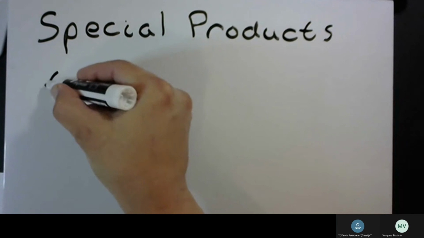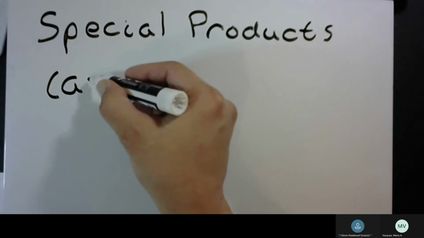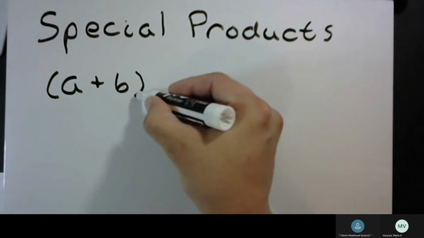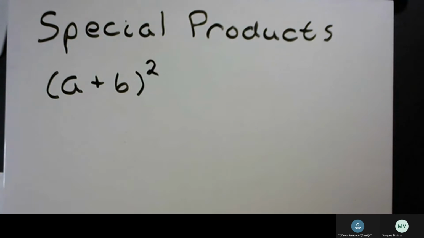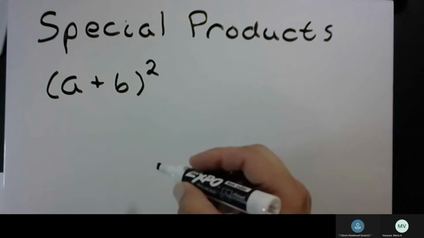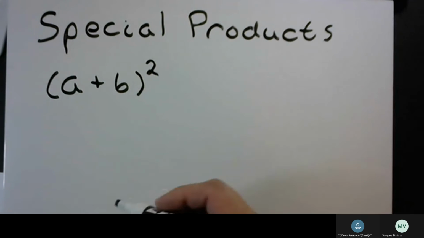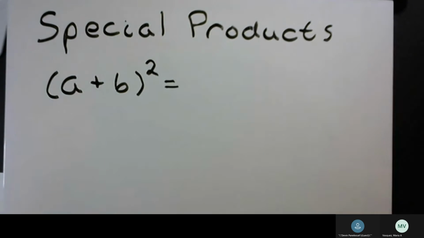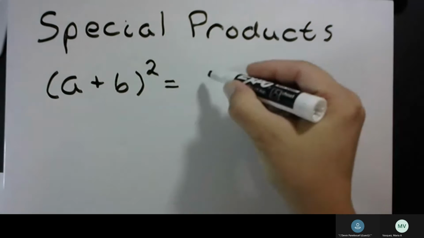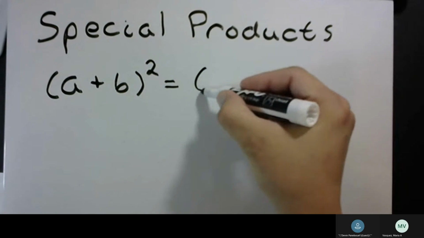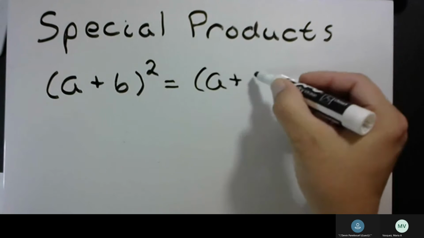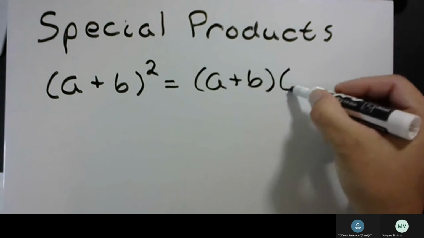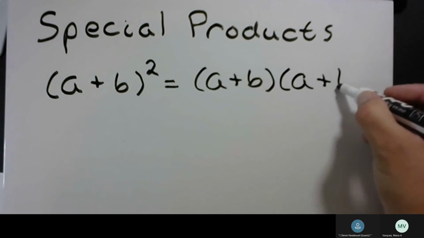The first one, (a + b) squared. Now, what we're going to do is FOIL this. The way you could think of this, to get it ready for foiling, is that (a + b) squared means you have an (a + b) times